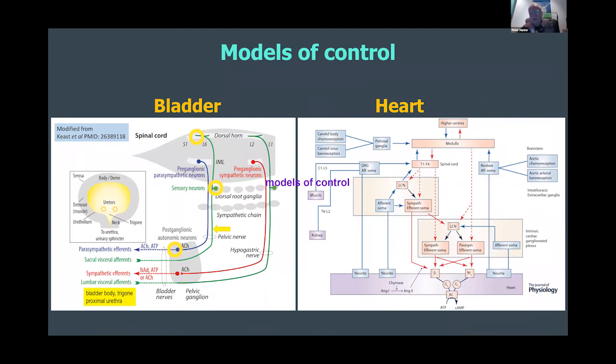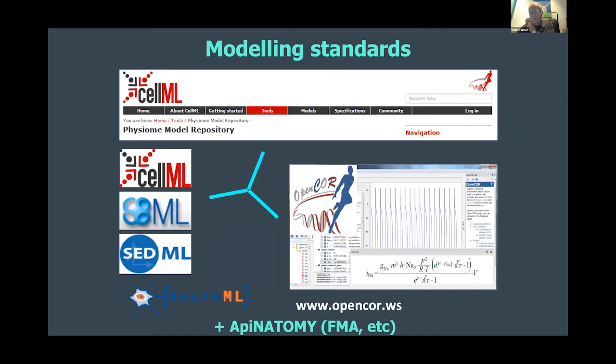because all of this data is being mapped in order to be able to use it for computational purposes, for understanding the physiology, we're developing models of control, one shown here for the bladder and the heart. These are from published papers, on the left from the Melbourne group and on the right from the UCLA group. And then what we do is use a framework that we've developed called CellML, which is an XML